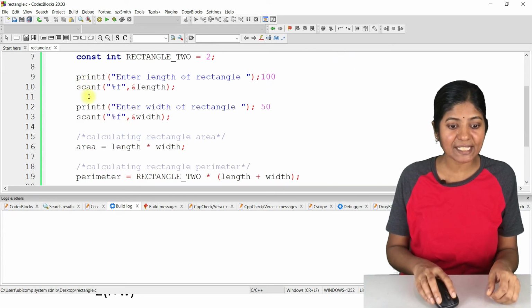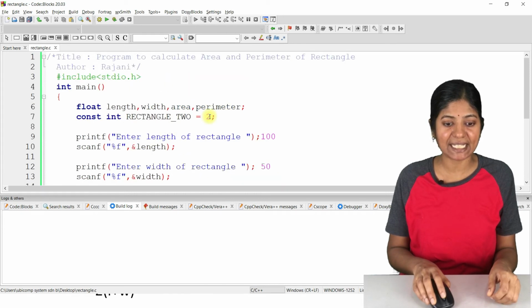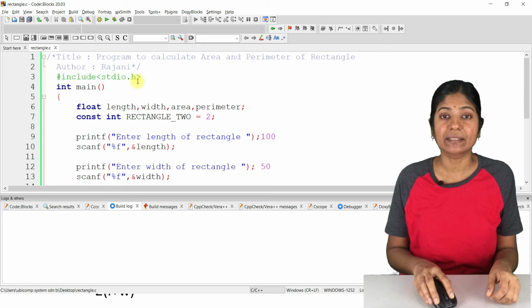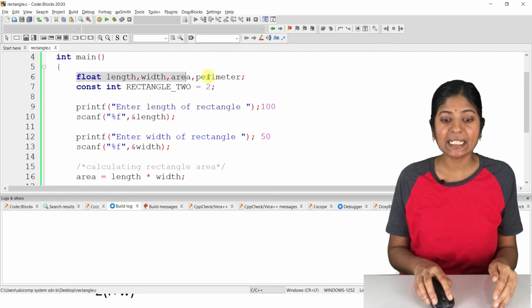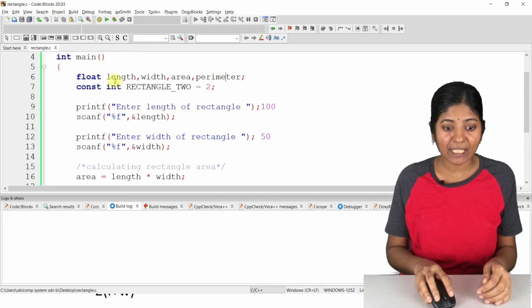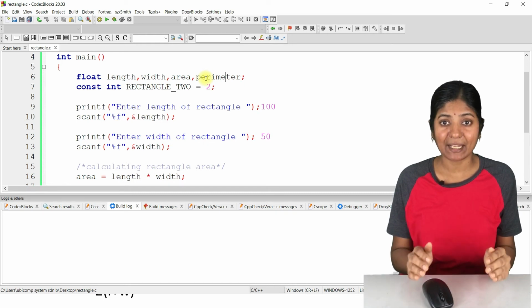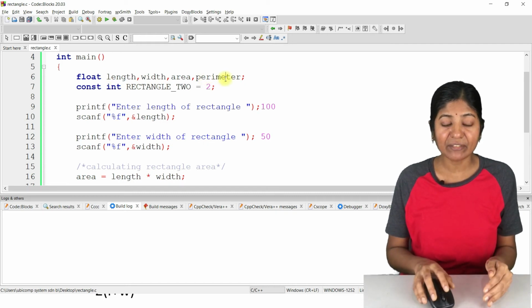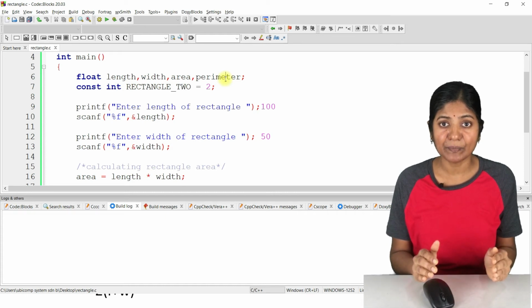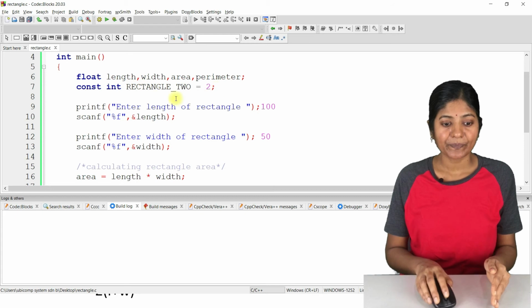And we know that printf and scanf functions are available in the header file stdio.h. That one we need to include in the linkage section, that one we already did here. And we know that here in the declaration part, the memory will be allocated for these 4 variables, as we know that float occupies 4 bytes. As we declared 4 variables, 4 into 4, 16 bytes will be allocated, and in the declaration we didn't initialize any value. So its values will be garbage values, and the value of this constant is 2, and we know